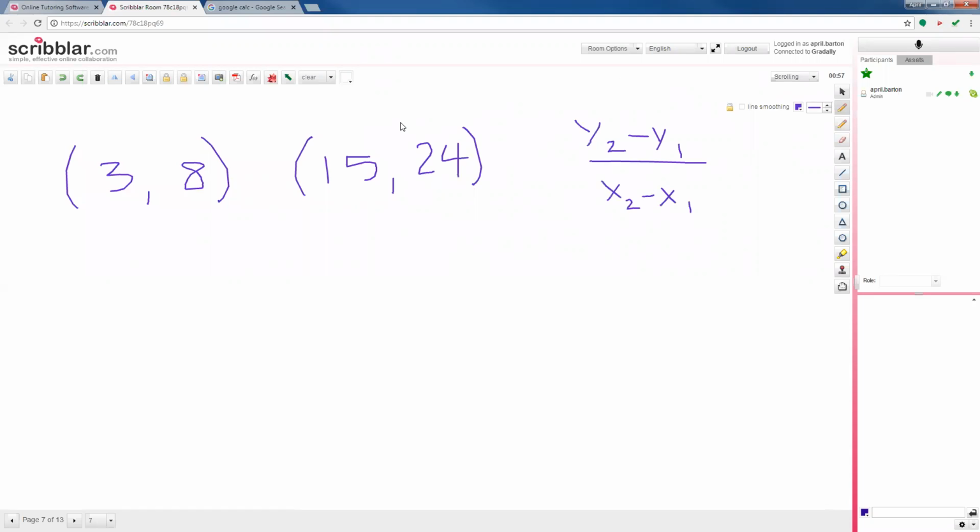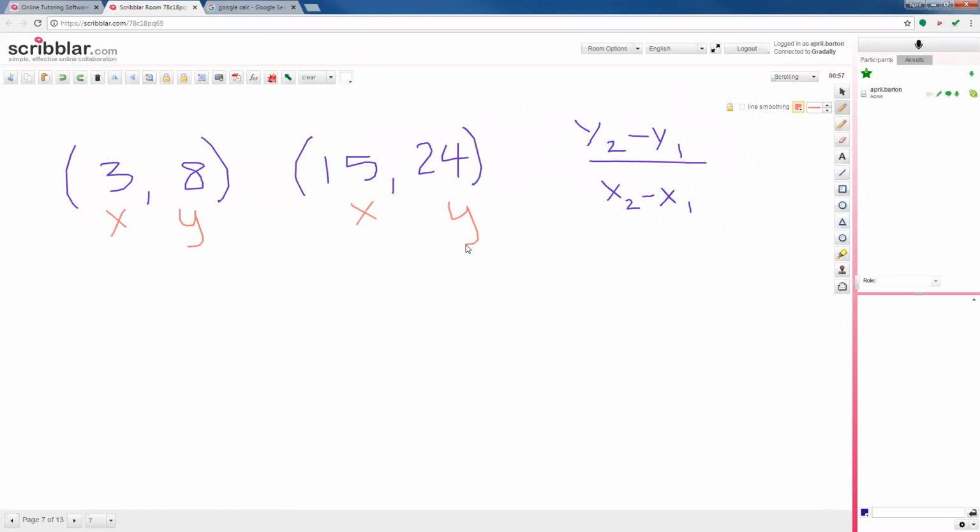So this is actually a change. Subtraction is the change in whatever over the change in whatever. If they don't actually give you distance or miles, they just give you numbers, we've got to just plug them in. So how do we know which number goes where? Well, every single coordinate is an x, then a y. They're always alphabetical, and they always start with the letter x, then the letter y.